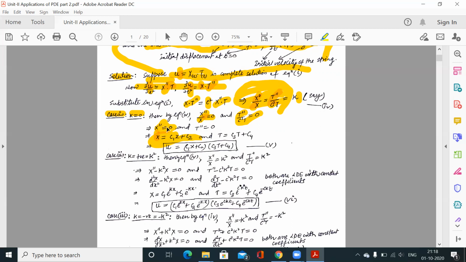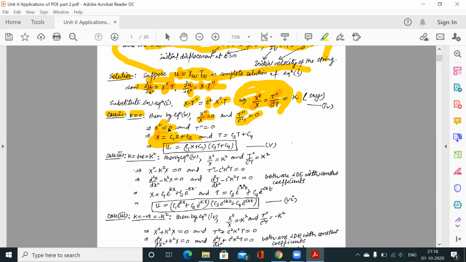I hope this is clear to you, because this is a second order differential equation, or simply this is a linear equation. So you can solve it for CF plus PI. So PI is 0 because the right hand side is 0, and this is d2x over dx square. So the auxiliary equation would be m square is equal to 0. So m square is equal to 0, that means you will get two roots, 0 0. M square is 0, that means m is 0, m is 0. So two roots are 0 and 0, repeated real roots.